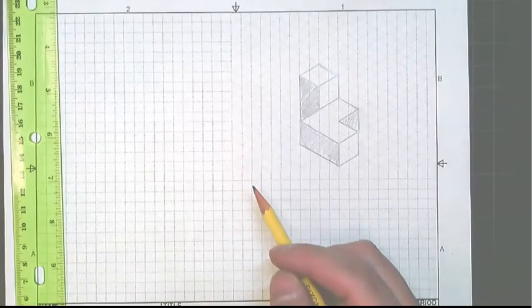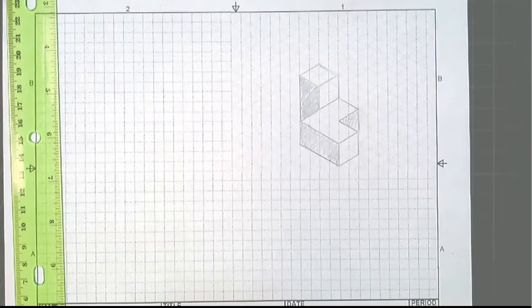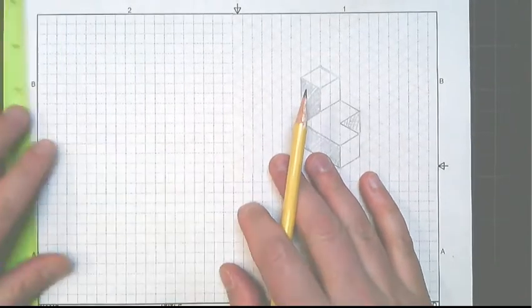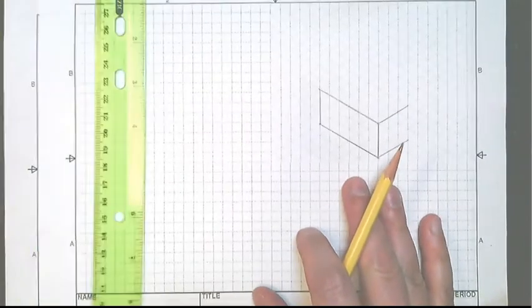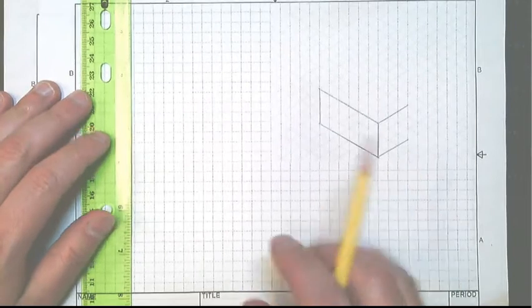So now we're going to set up our front, top, and side view. I'm going to sharpen my pencil. I'm seeing, this happens all the time with most of my students. When you are drawing construction lines,